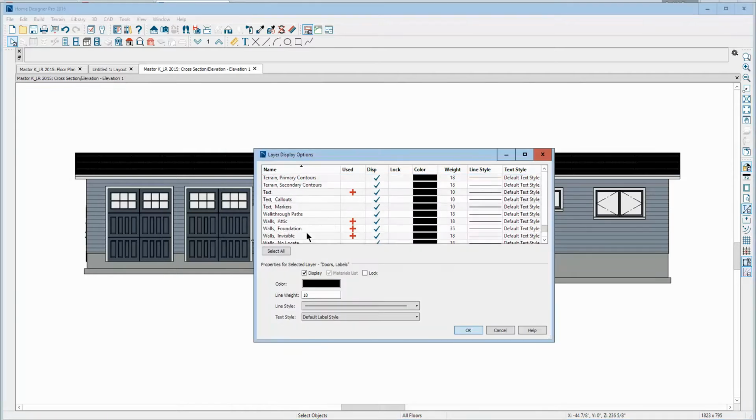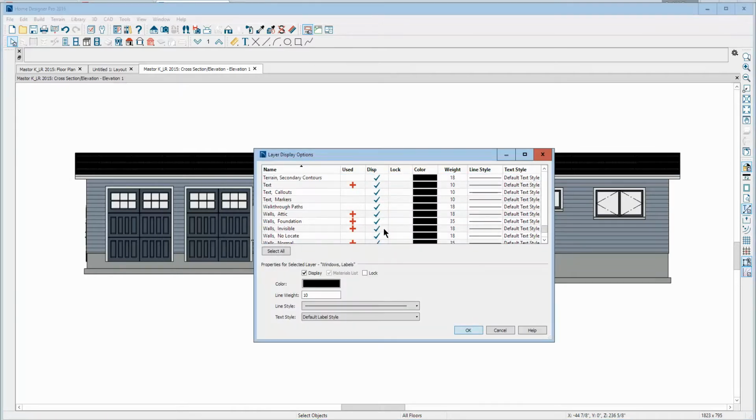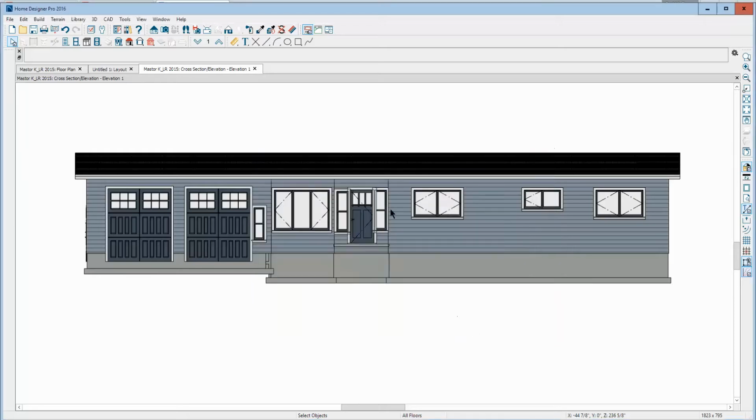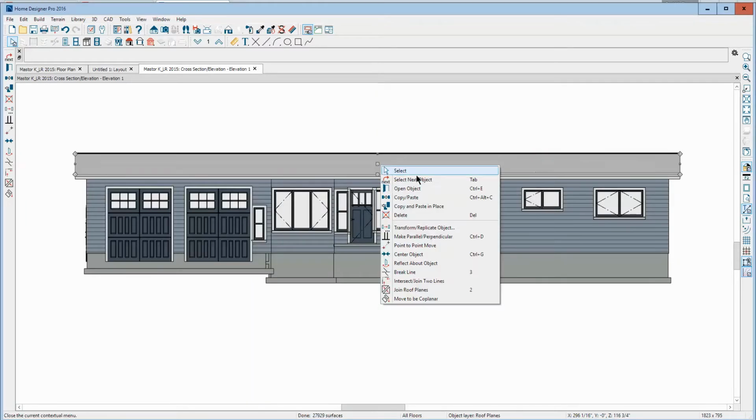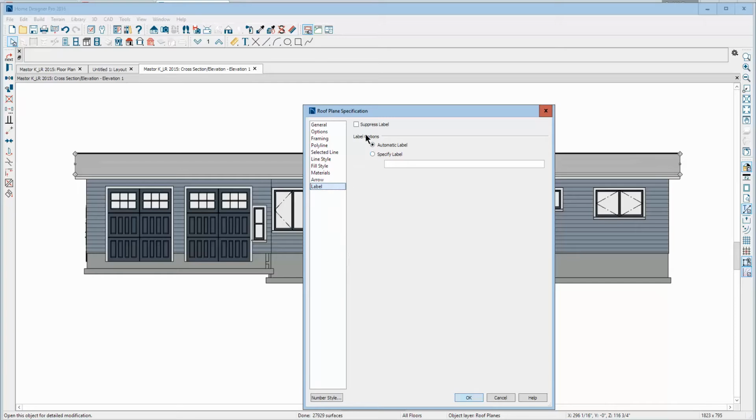I thought I just did that. It should be on. Oh, I don't know what I did, but it didn't get done. I could tell because the labels didn't appear. There's door labels, but I don't see any on the garage door. And then roof. Now, sometimes with roof planes, you have to actually click on the roof plane, open it, and go to the label tab, and